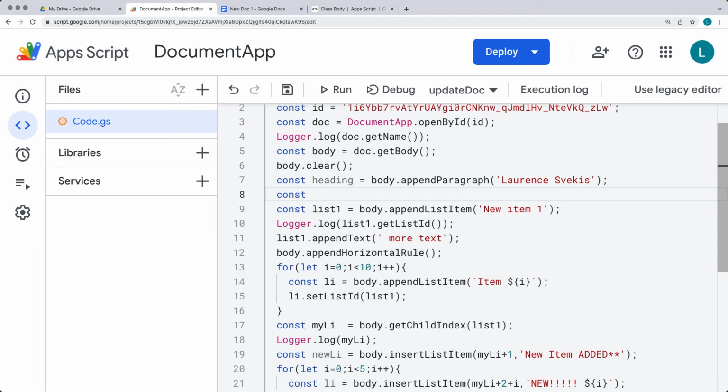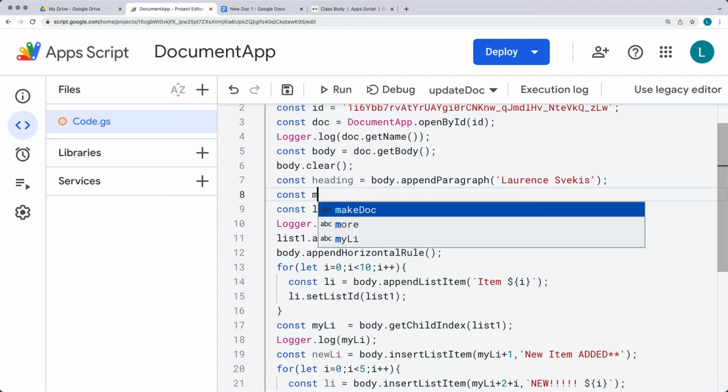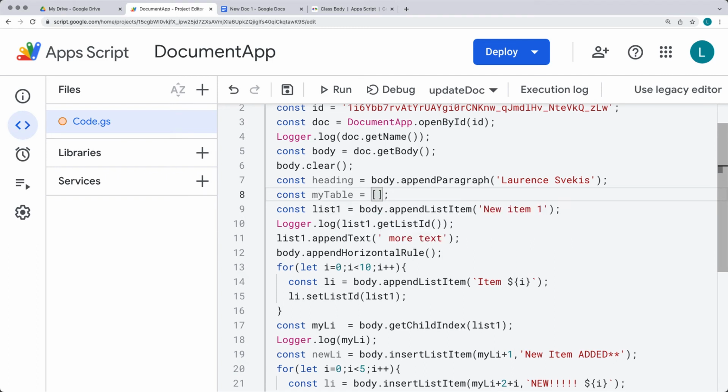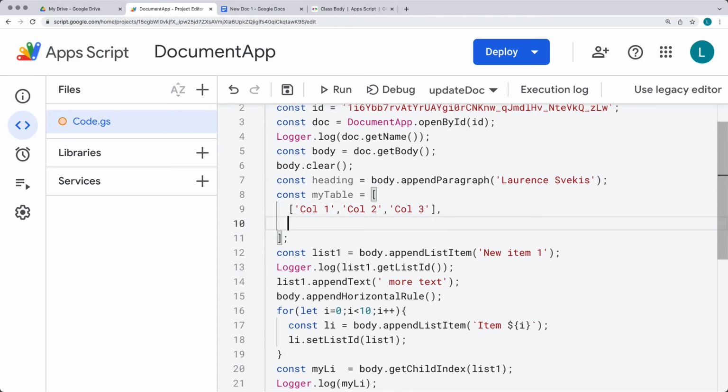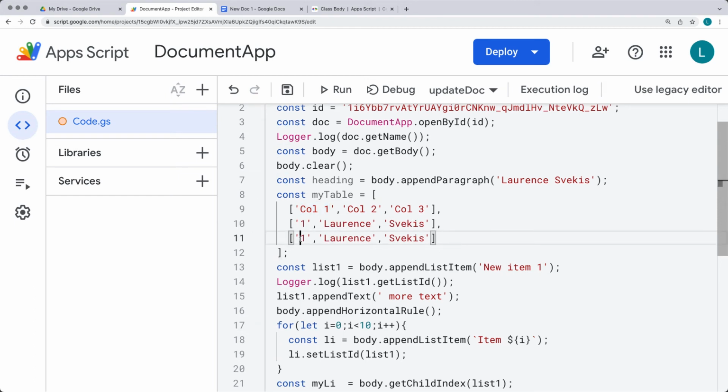So first, let's create the content that we want to set within the table. And the table contents are going to be contained within a nested array. So the array is going to be the table, and then each row of the table is going to be indicated by a separate array that's nested within the main array. And each column of data is going to have its own item within the nested array values. So if we want it to have multiple columns, and then the next row of content is structured the same